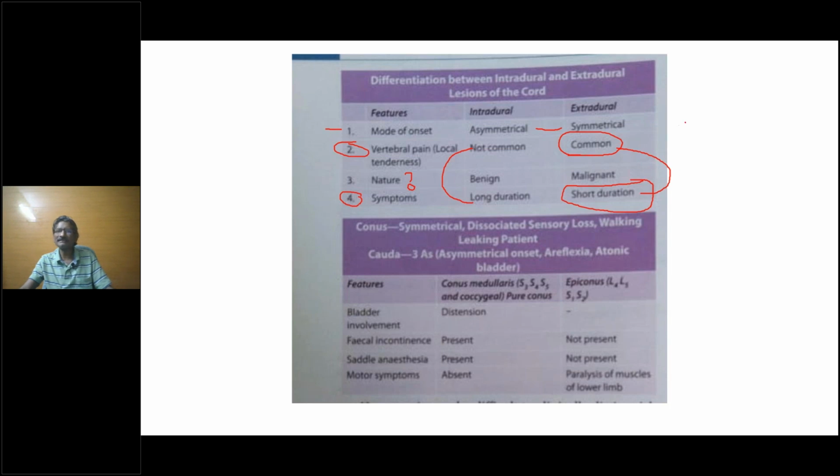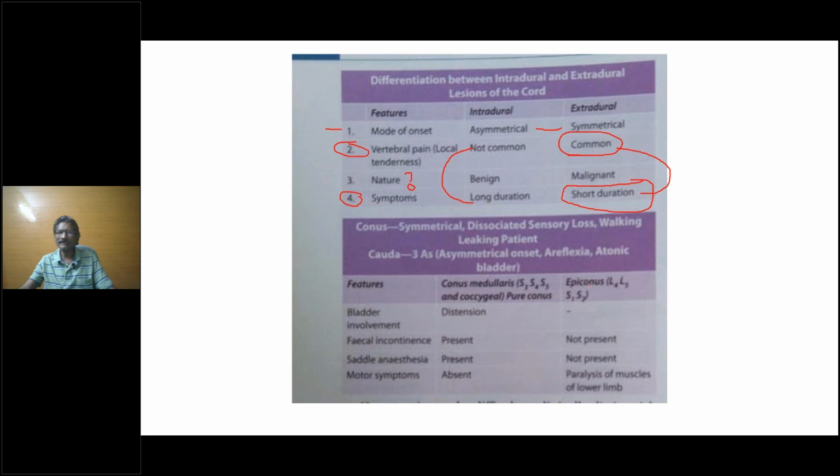So generally assessors will accept this asymmetrical symmetry. Personally, I'm not very much in favor of that, but try to understand this combination of pain and shorter duration of symptom, versus absence of pain and a longer duration of symptom. That could be a better differentiation, in addition to, of course, symmetrical or asymmetrical.